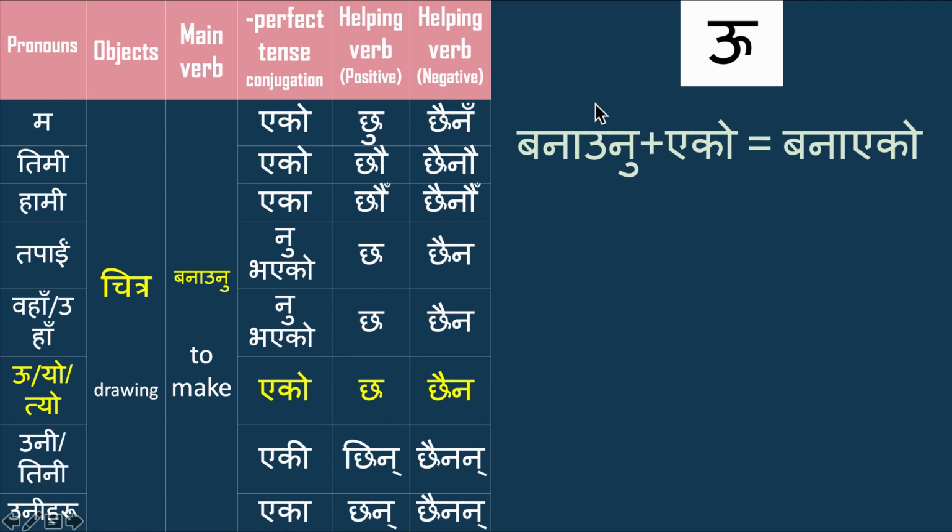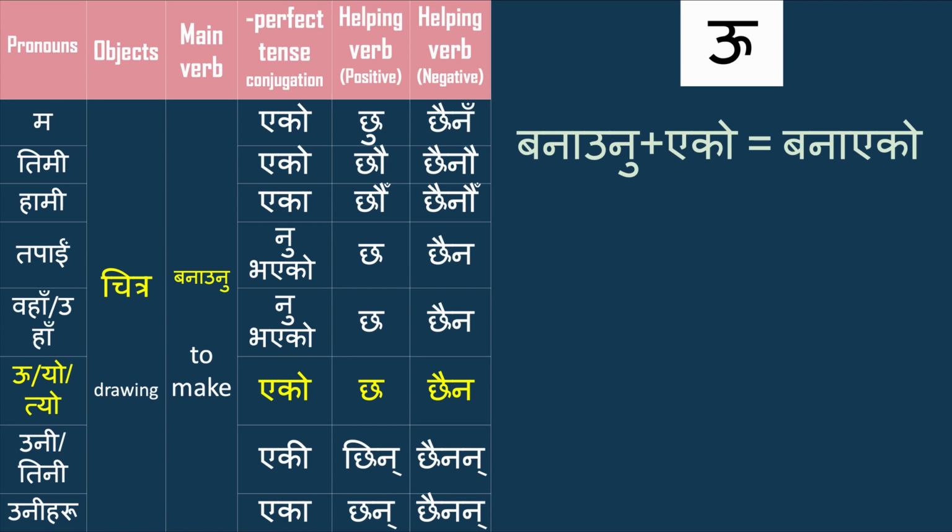So we are removing unu from the root verb and adding eko to the verb, and the final verb is banaeko. Banaunu plus eko, banaeko. Many students always get confused in the unu verb conjugation of present perfect tense. So always remember: unu plus eko, unu is cut down,